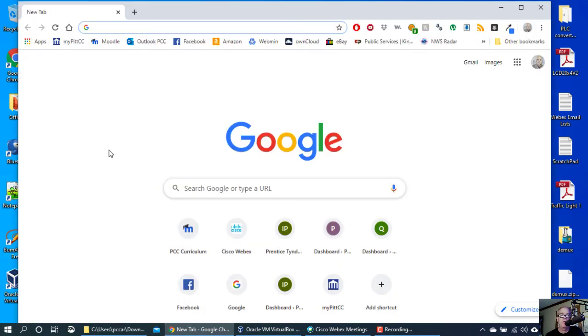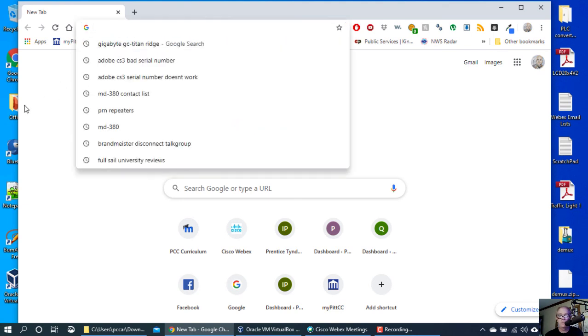Okay, so to get started, we're going to open up a browser. For me, that's going to be Chrome, but you can use Firefox, or if you're on a Mac, you can use Safari. On Windows, you can use Microsoft Edge or Internet Explorer. It really doesn't matter because we're just going to navigate to a website and download the VirtualBox installation files that we need. So up in the URL, we want to go to